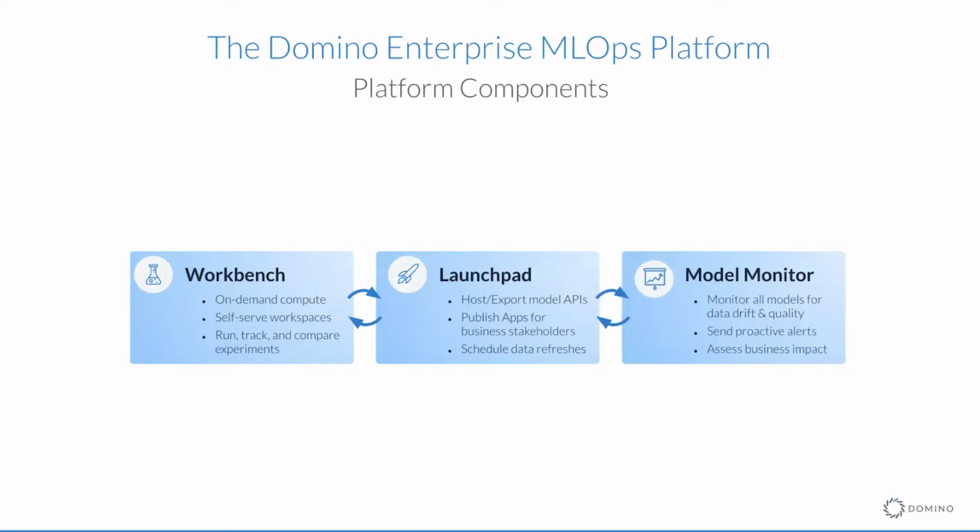From there, the third component is model monitoring. With model monitoring, we're able to provide the ability to monitor all the models that you've built in production across the company and automatically detect when they need to be updated or replaced based on thresholds that you set in place, and even re-trigger the training of some of the models that you've built in Domino.